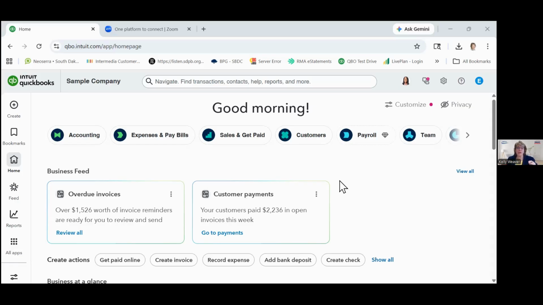It's just that QuickBooks has always been very much about managing your desktop in a way that gets rid of anything that you don't need to worry about, gets rid of the clutter, and has in front of you what you need when you need it. So that's the purpose of that.